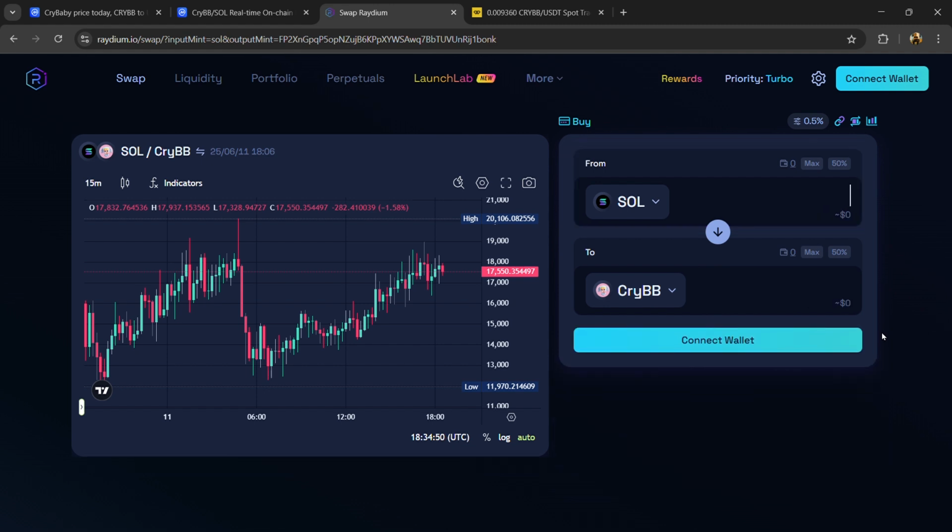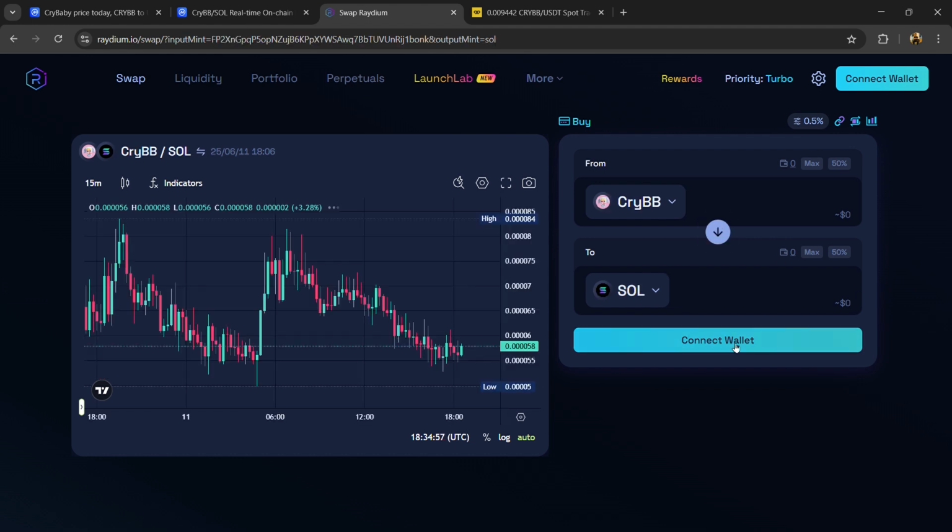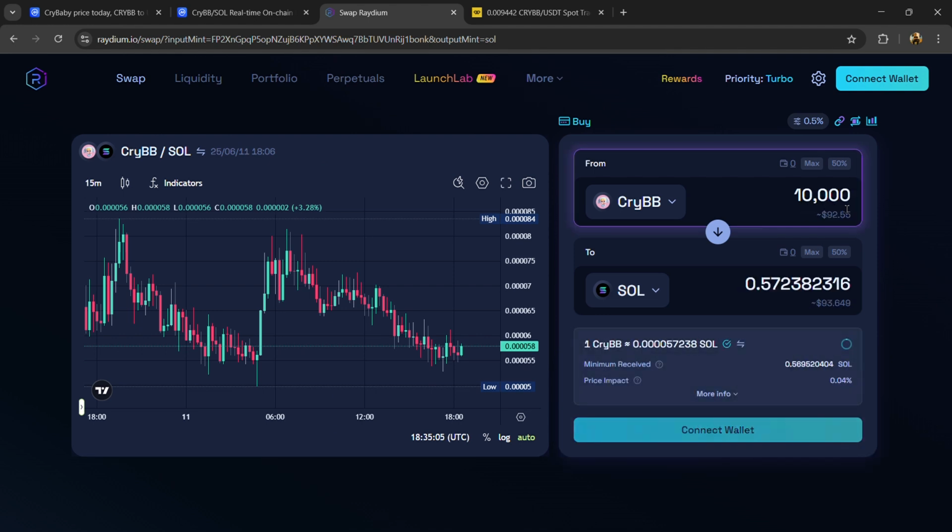And if you want to sell this token on this decentralized exchange, then click on this arrow. And again you need to connect your wallet or mobile wallet from this exchange, and here you will enter the number of tokens that you have, and finally you will confirm the transaction. Then you will receive BNB in your wallet in exchange for this token. So in this way you can buy and sell this token on centralized and decentralized exchanges.